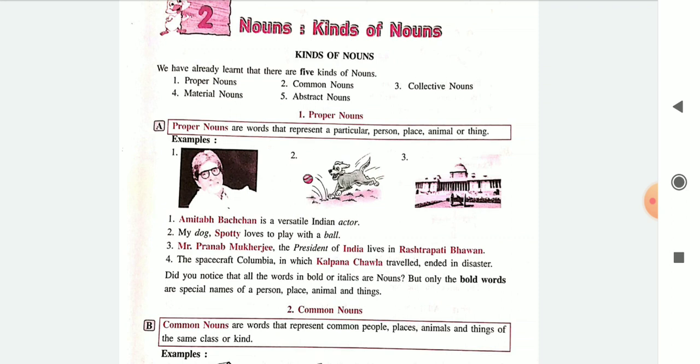So I hope you have understood. I study in a school. School here is a common noun. But I study in Vidyanagar English Medium School. The name of the school you have mentioned here, which you will write in capital letters, Vidyanagar English Medium School, becomes a proper noun. So now I hope you've understood what is a proper and a common noun.